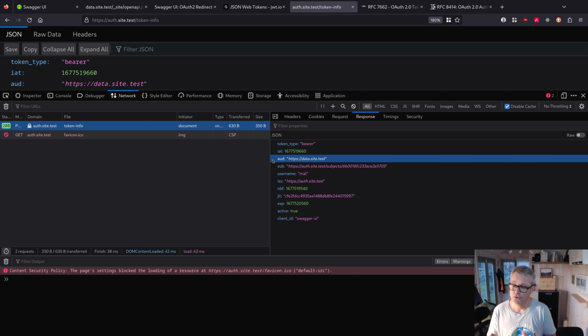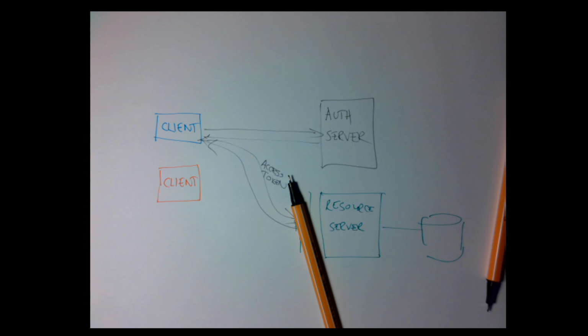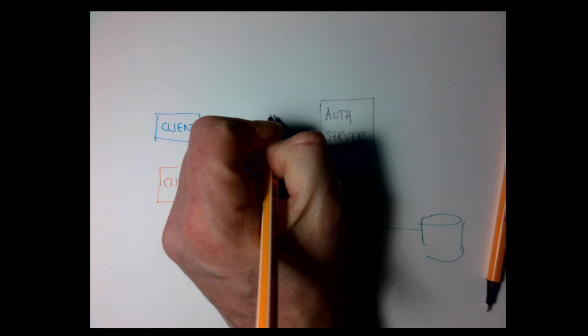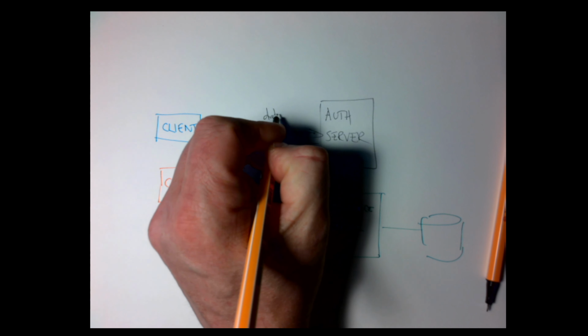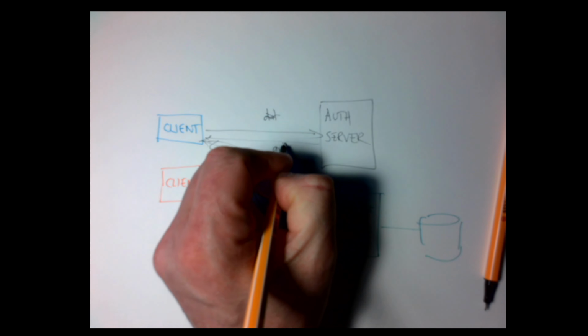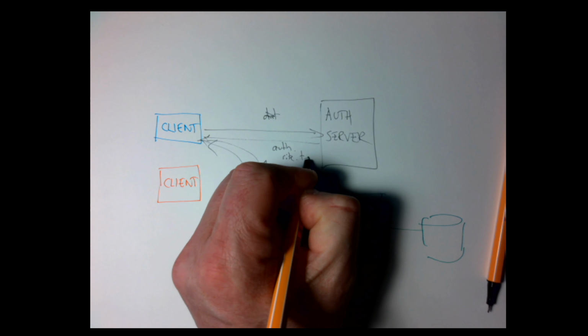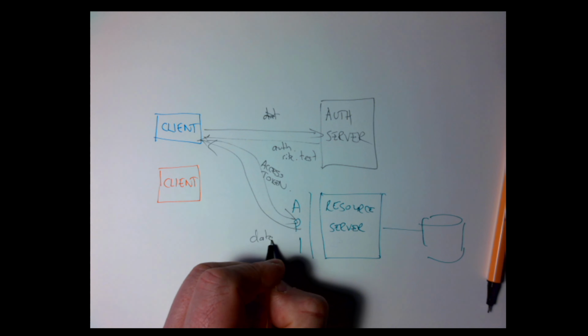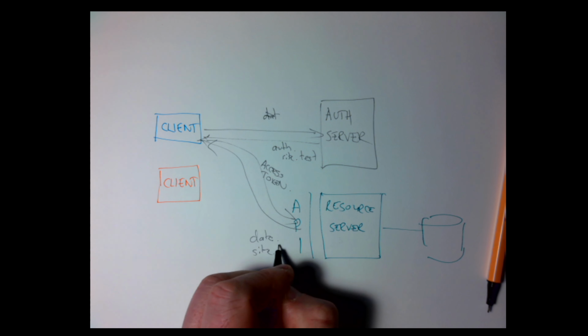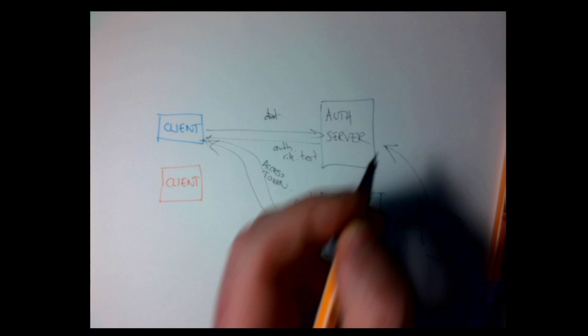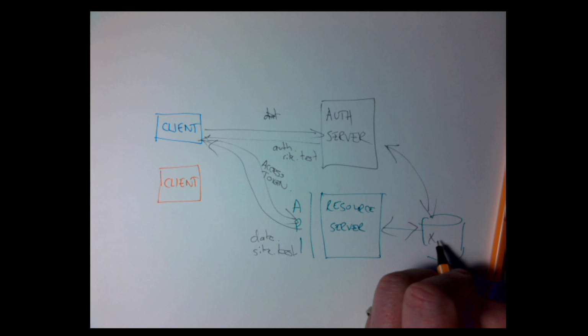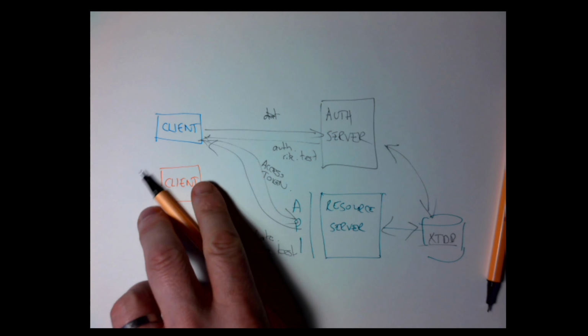Now these two domains are different, as we showed in the diagram. Okay, so this here will be auth.site.test, and this will be data.site.test. And actually in this site, they both use the same database, which is our friend XTDB. Anyway,